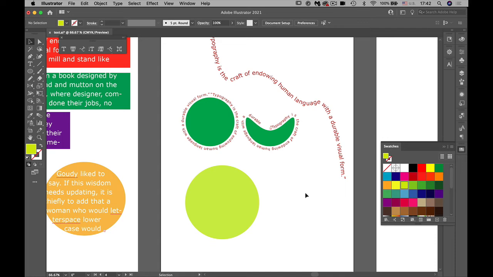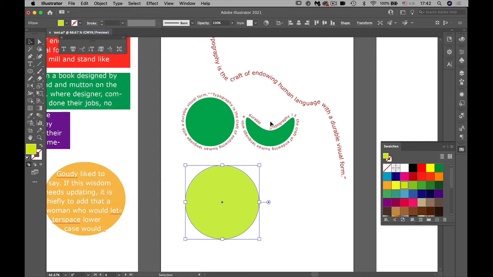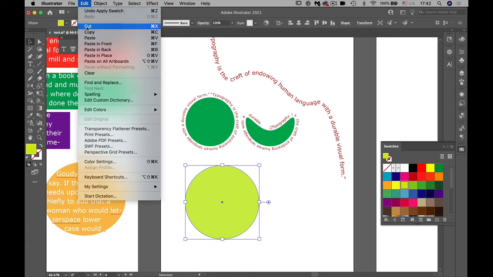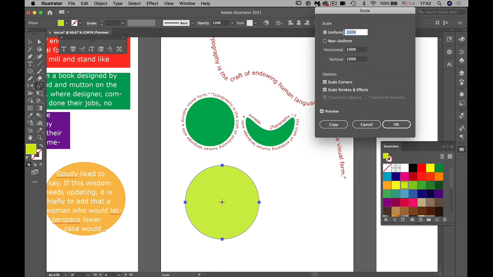And now I'm going to go in and select the circle, edit and copy, and edit and paste in front. So I basically have two circles together, one on top of each other. Does that make sense? I can go to the one in front, and then I can go to my scale tool, and I can double click on it, and I'm going to say I want to scale that